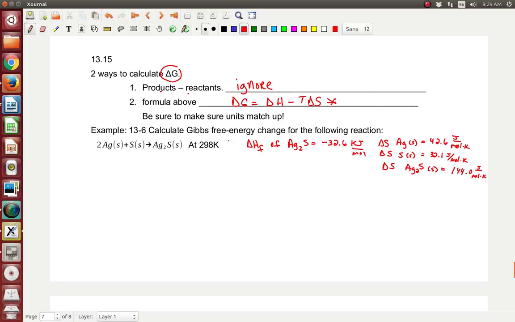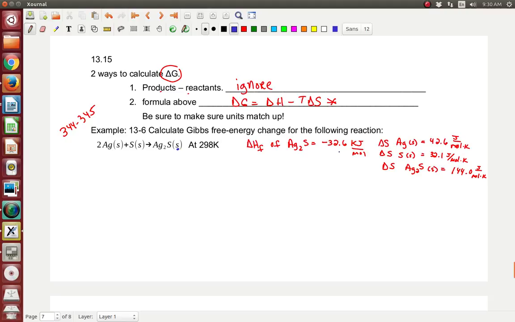Okay, I'm back. Here are the values that I got off the chart from page 344 to 345. Remember that, 344 to 345. Look at those charts carefully. You have to just kind of go down. The delta H of formation for Ag2S, and it's a solid. You have to always look at the state. Ag2S solid, delta H of formation is negative